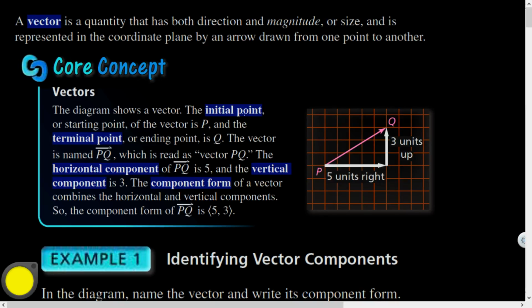And let's see, the diagram shows a vector. The initial point is the starting point. All right, so the direction of this matters, which makes sense because vectors have direction. The starting point is P, and the terminal point is Q. The vector is named PQ. And notice